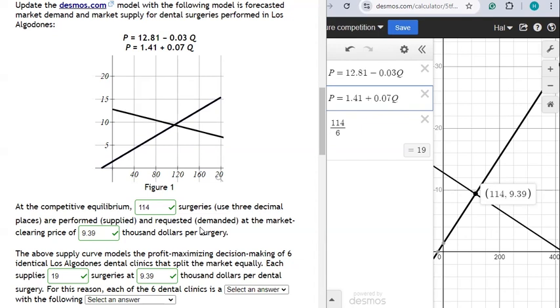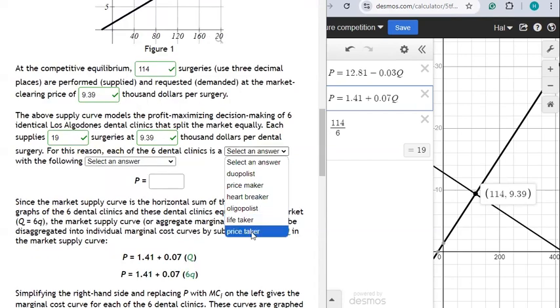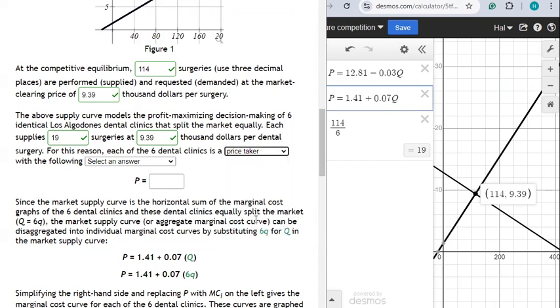So in this regard, the dental clinics, my 6 dental clinics, they're price takers. They can't make the price. It's not a duopoly because I have 6 dental clinics, right? So it can't be a duopoly. It's not a price maker, because a price maker is one that can restrict output to drive the price up the demand curve. It's not that. They're not an oligopolist. This is a competitive market. So they're a price taker. The price is the price, and they have no ability to change the price. So the price is the price,